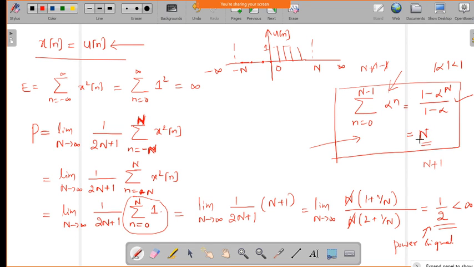So where we can replace n by n plus 1, I am just taking one value ahead here. One value ahead means 0 to n will come, and here it will become n plus 1. The same thing I have written here. So this summation I am writing as n plus 1. Okay. So now I am taking n outside in numerator and denominator, and it will cancel each other. Now if I apply the limit n tends to infinity, this 1 by n will go to 0 in numerator and denominator both, and you will get the value of half. Okay. So since it is a finite value, we can say that this is a power signal.